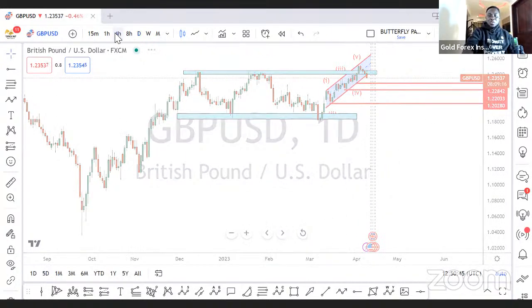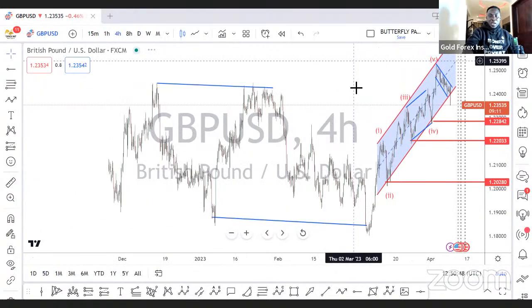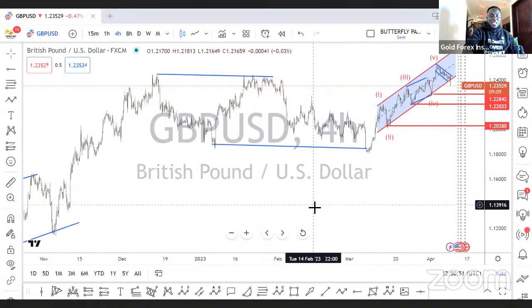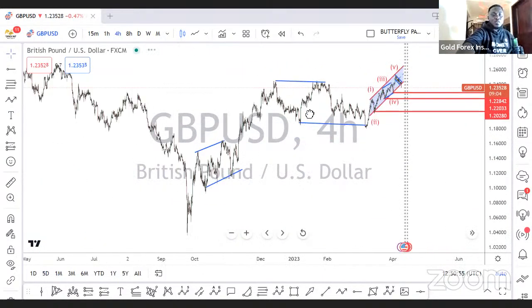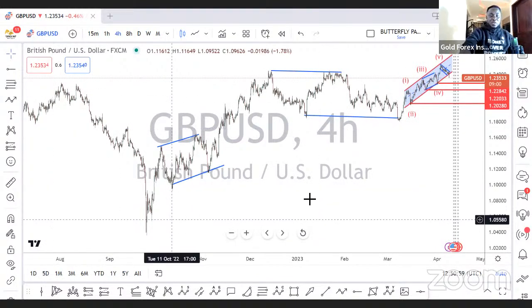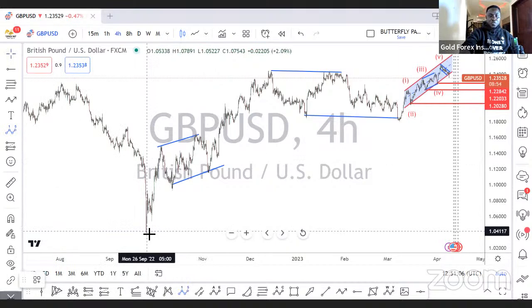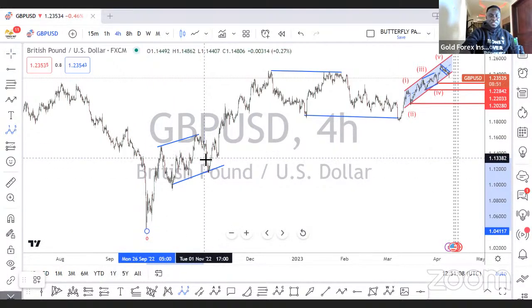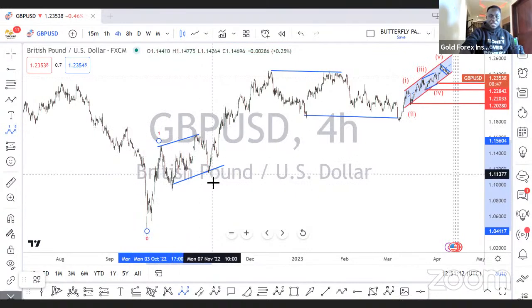Now, what is happening over here is called a leading diagonal. You can take it as a leading diagonal if you think, okay, so let me show you guys something. Now, I can take this whole move. So let me take my Elliott wave. I can take this whole move as an ABC correction, which will be wave 1, ABC running flat correction wave